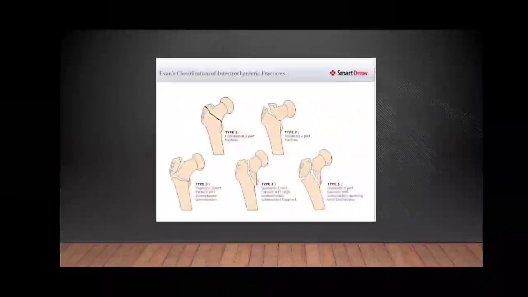In this case, the fracture becomes very unstable and you have to decide which implant to use, and the prognosis on table once you reduce the fracture. In type 5, there is a displaced four-part fracture where you get a lot of comminution in both the trochanters.